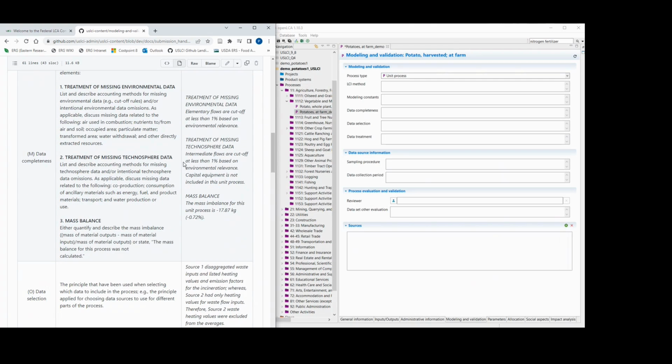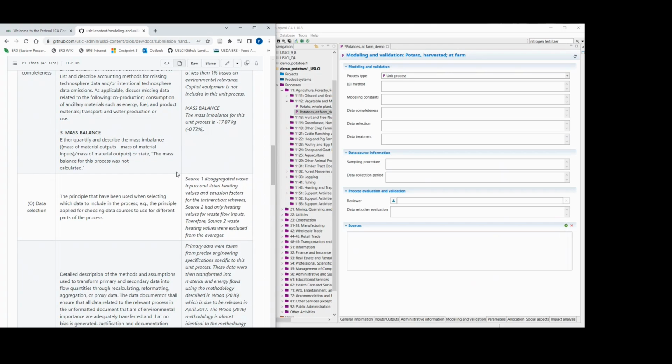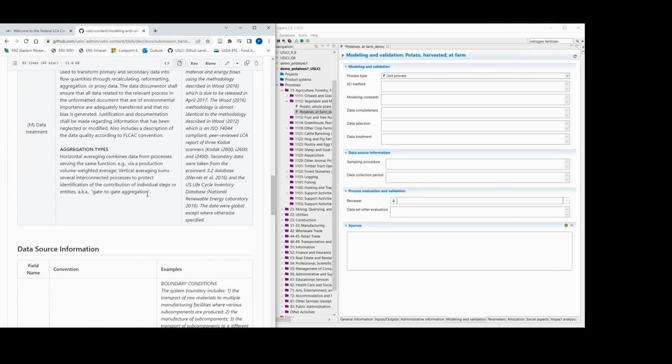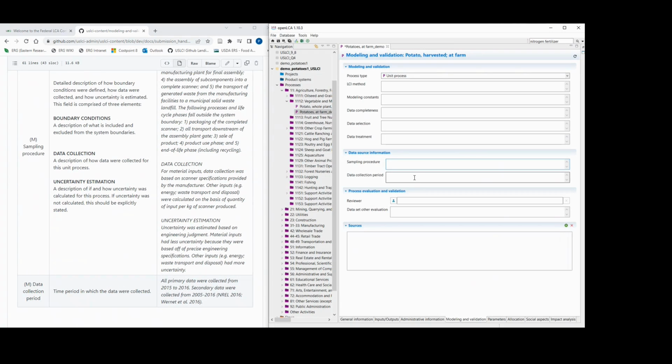So what do you do with missing data if you've completed a mass balance? We'll also want to define the data selection and the data treatment, the sampling procedures, the data collection period, which overlaps with the time period and the general information.